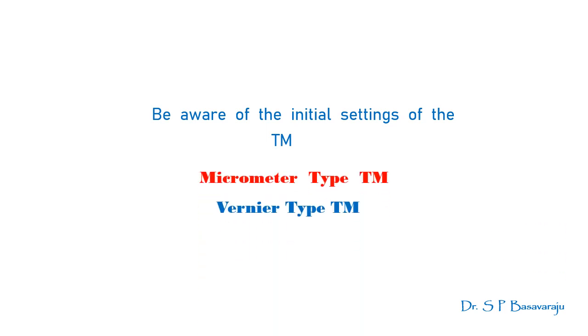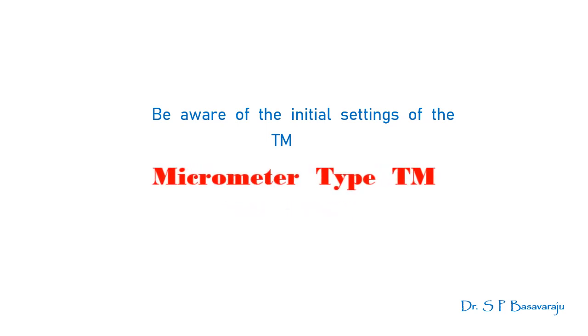As the name itself suggests, the micrometer type TM works on the principle of micrometer, the same principle on which the screw gauge works. The vernier type TM works on the principle discovered by the French mathematician Pierre Vernier, who lived in the early part of 17th century. I have given the explanation here as applicable to a micrometer type TM. Micrometer type TM happens to be the more popular one. The setup I describe here consists of instruments all made by Kamaljit Instruments, Bangalore.